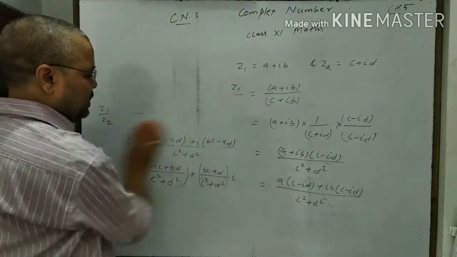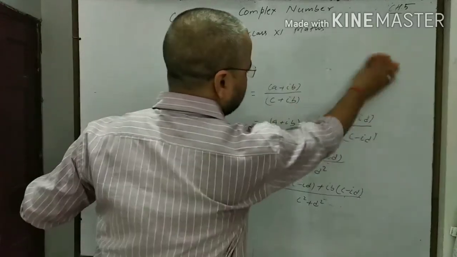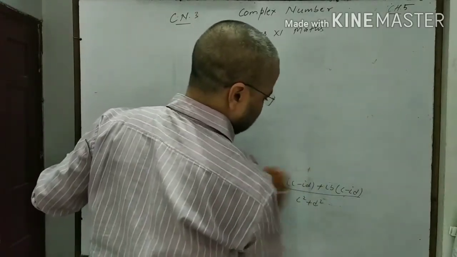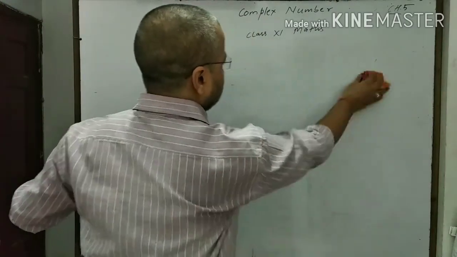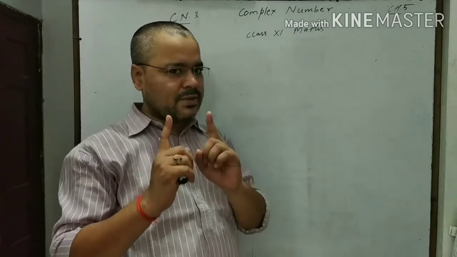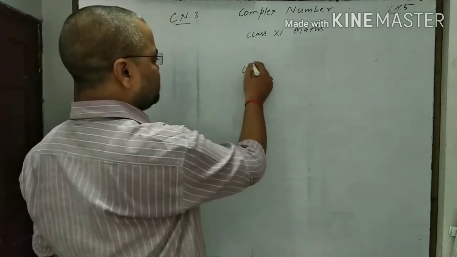Here, do you know what i is? Who was the first person who introduced i? Do you know? Who was that, the person who introduced i for the first time? Euler. So here i is equal to